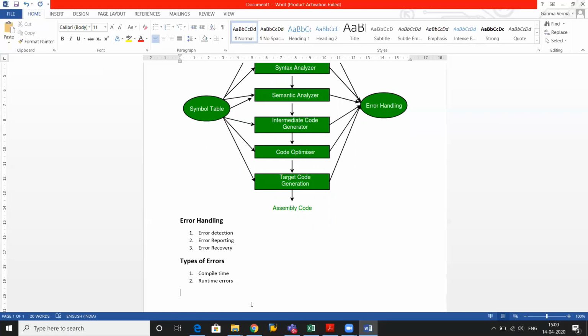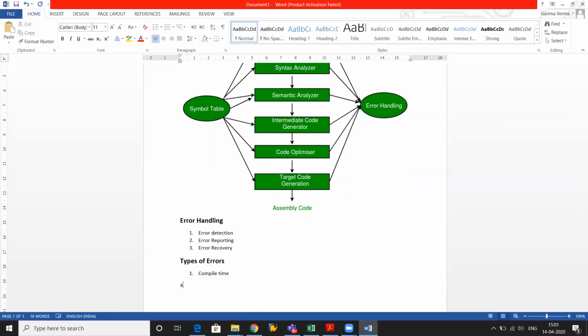So these types of errors are called runtime errors. While if you have misspelled any command, or you have not declared any identifier, or you're assigning an incompatible value to some other type of operand, then these types of errors will be detected at the time of compilation, and these types of errors are called compile time errors, right? So we are going to focus only on the compile time errors right now.